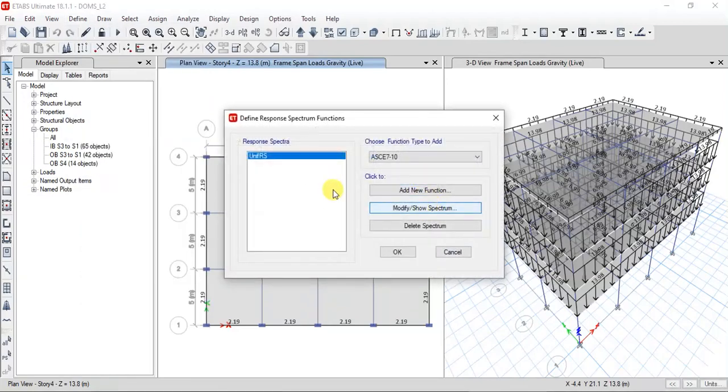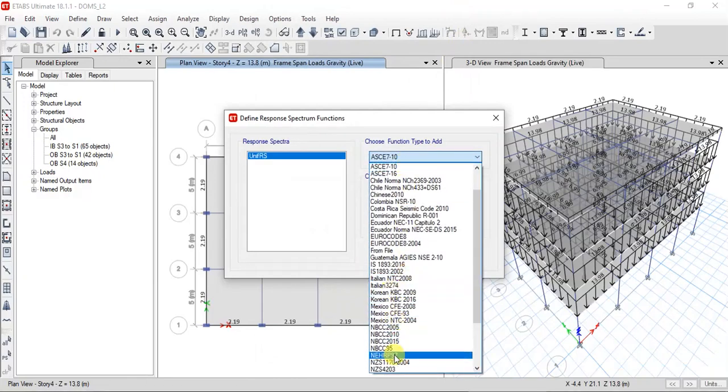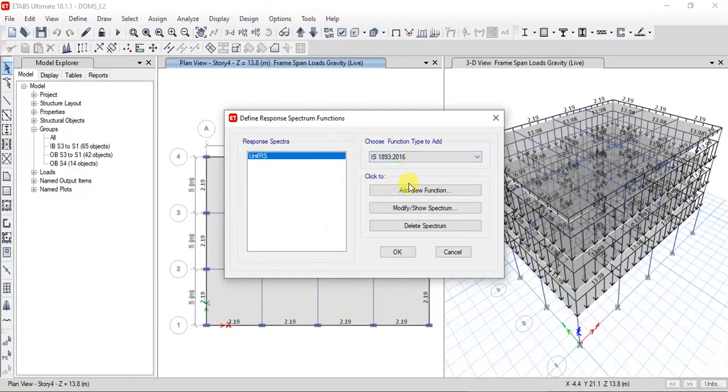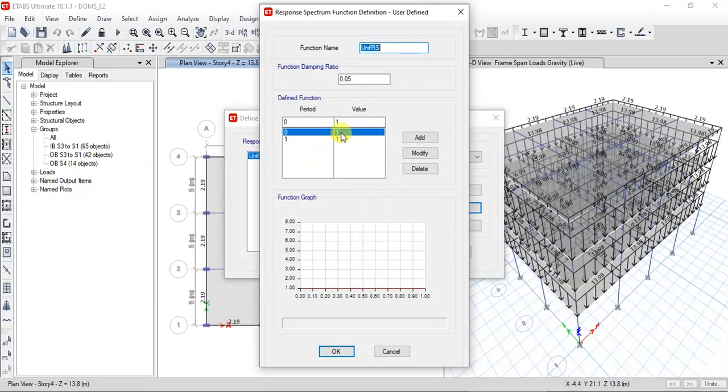In this, as per the Indian standard code, select IS 1893, then give the damping ratio, which is 5%. We have to take a function of 5%. By default it has been taken. And you can give the period, calculate the time period, or you can leave it for the software to do its work.